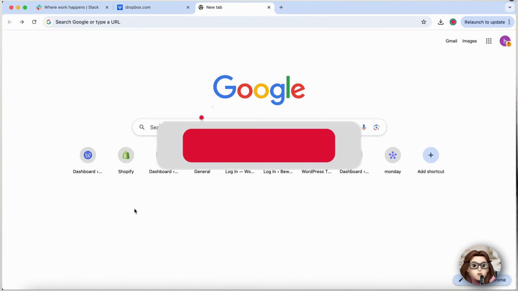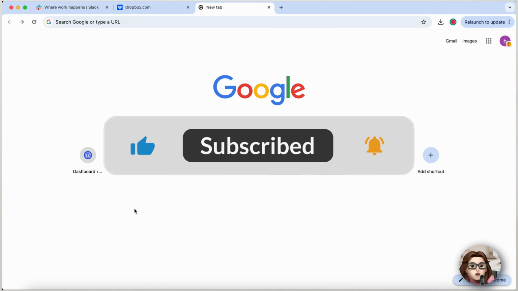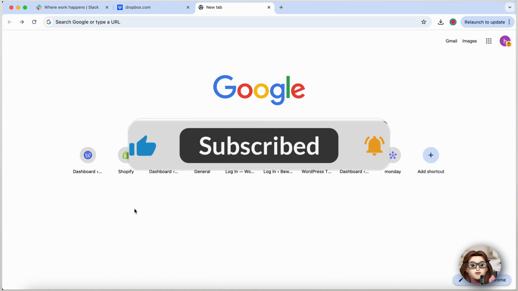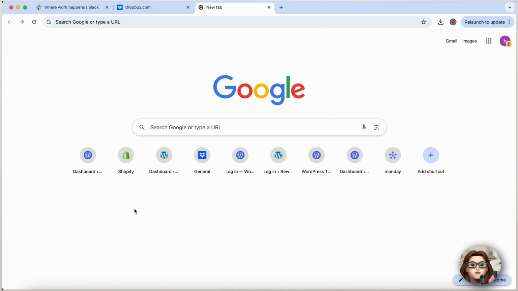In today's video, I show you how to download and install Dropbox on your desktop, making it easier to manage